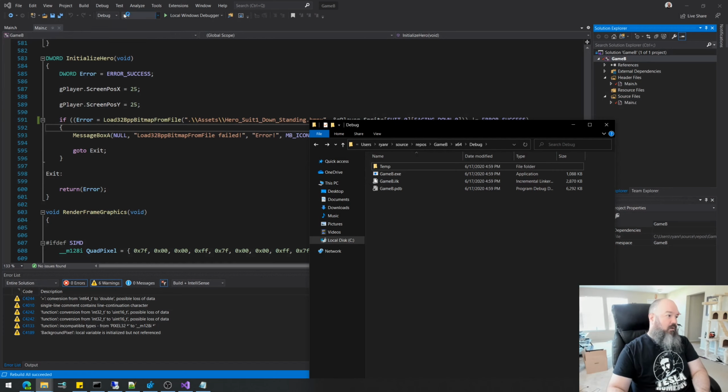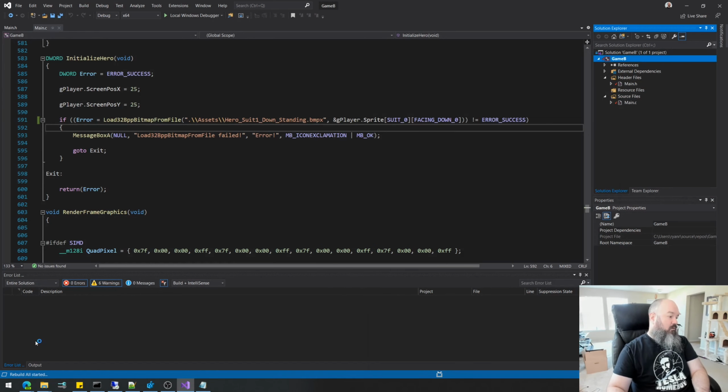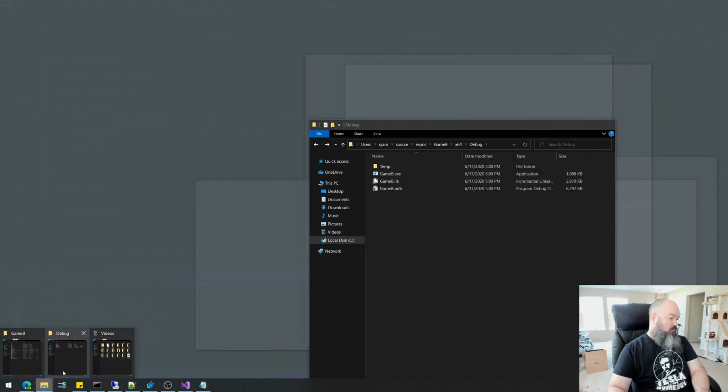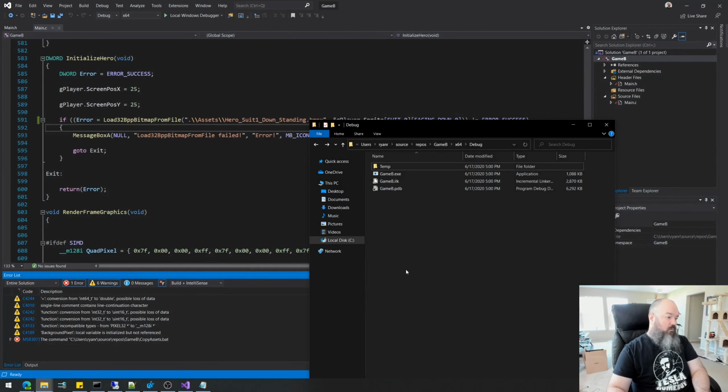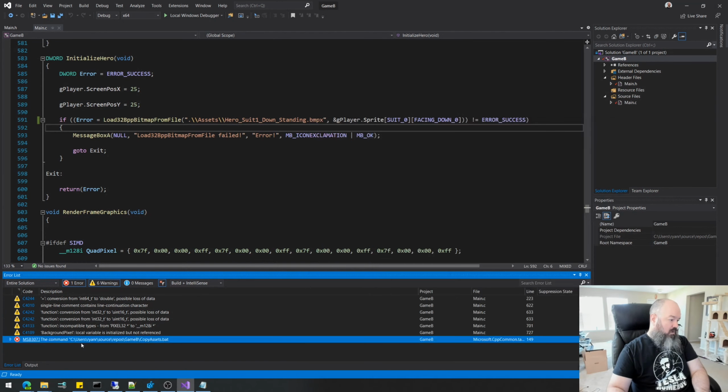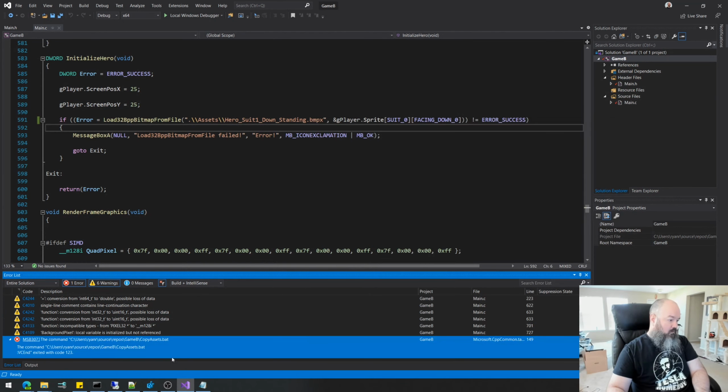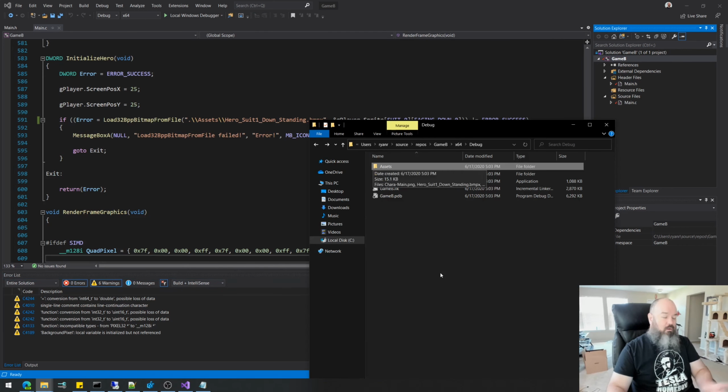If I delete that, build it again. Didn't work. Ah, here we go. The command exited with code 123. Okay, now it started working and I changed nothing. So,